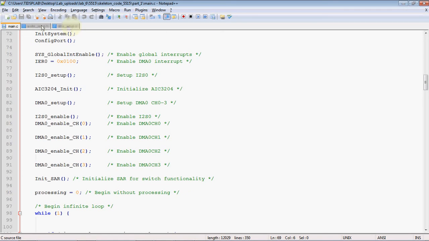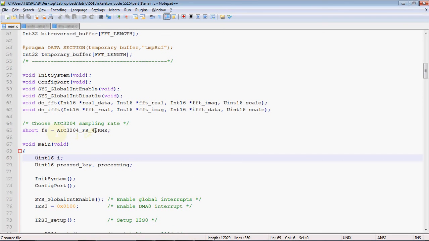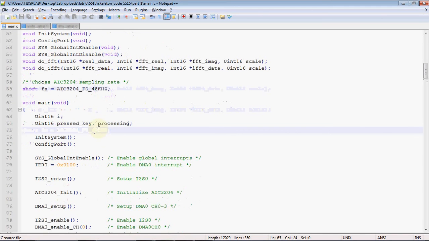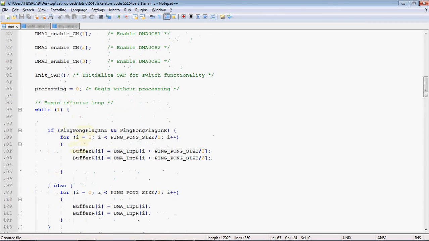Then AIC3204_init initializes the codec with sampling frequency of fs. Here you can change the sampling frequency. Instead of 48 you can write 8, 16, 48 or 96, whatever you want. After initialization steps, we step by step enable the I2S bus, then the 4 DMA0 channels.